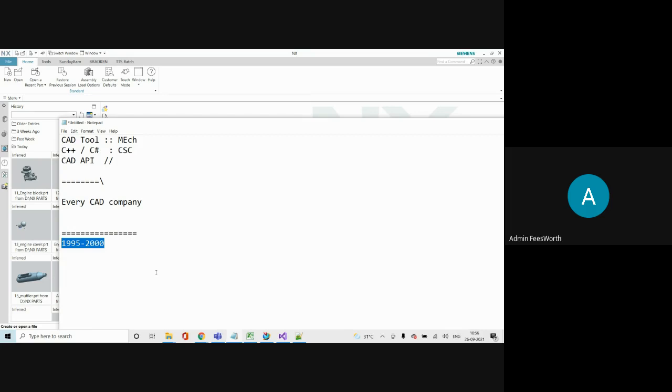That company will not be there. Just imagine the previous example: 10,000 drawings, or in one part, I want to check whether there is any fillet less than this radius or more than this, or whether this assembly is all fine. So many things you can do. If you can do this, you will be 100 times more productive, and they don't mind paying 2 to 3 times more salary. They are ready to pay.